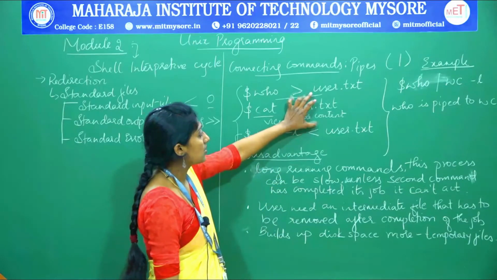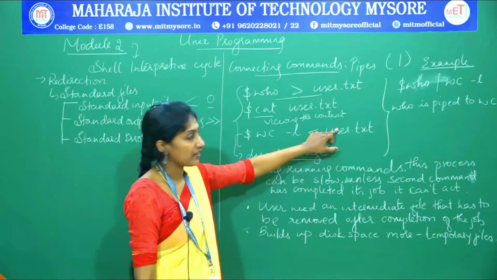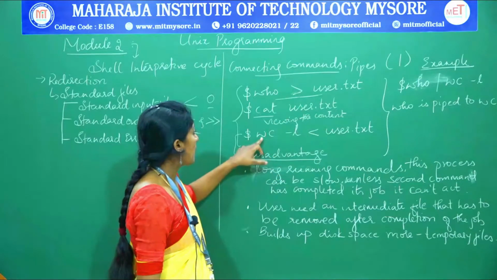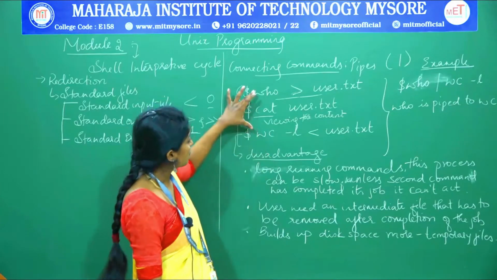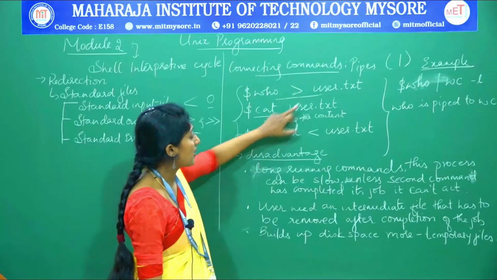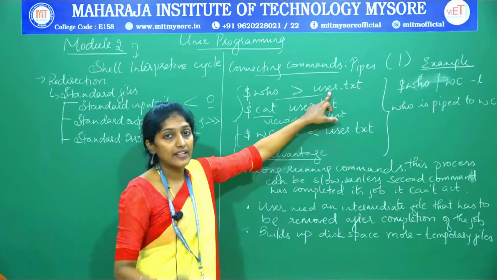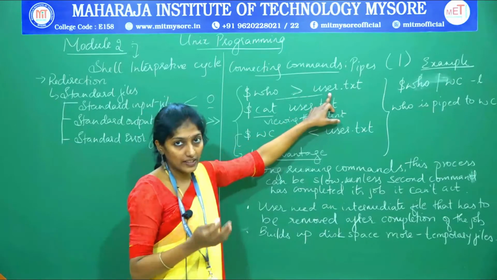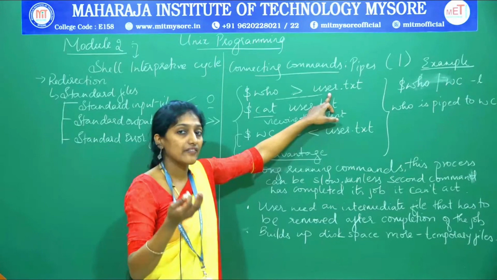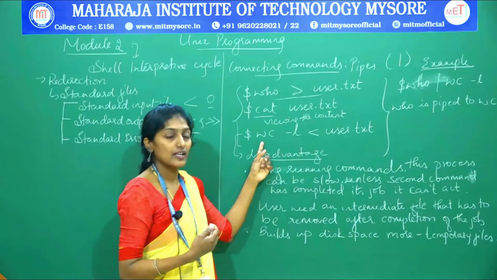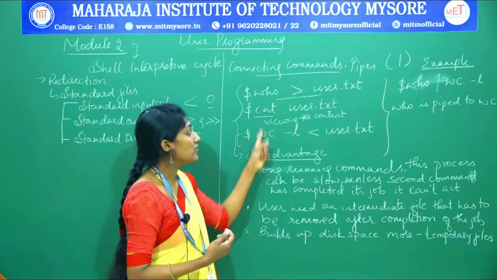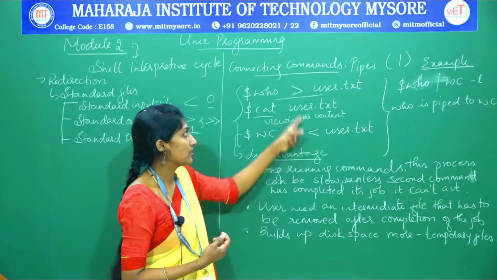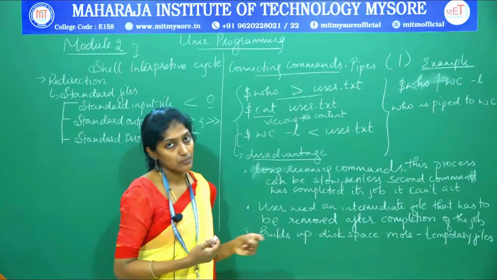So what has happened here? I have considered one intermediary file, which is acting as a temporary file for both the who command and the wc command. From the same file, we provide the output data of who to user.txt, and from the same file I am fetching the input to the wc command. So here I am connecting these two commands through these redirection symbols.